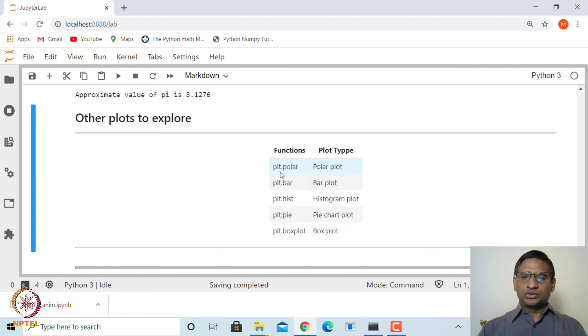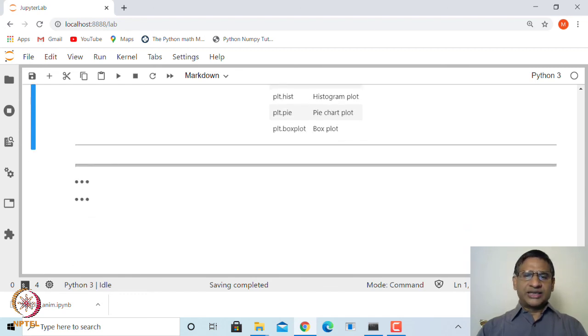So, those who know a bit of statistics can look at all these plots and explore. It also has the option to plot graphs in 3 dimensions, but all these things we will also be doing in SageMath. There it is much better and much more convenient.